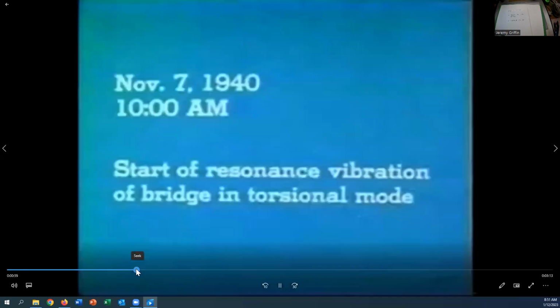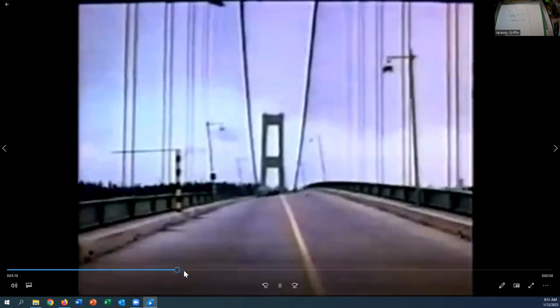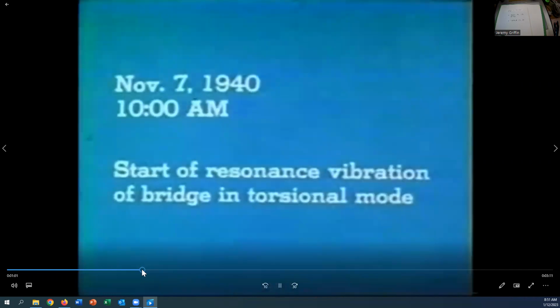Well, not exactly with marching troops. Okay, let's go back to 1940. In the Great Depression, in Tacoma Narrows on the west coast in Washington State, this bridge opens. For the first few weeks, it would kind of bounce up and down. It wasn't really supposed to. The engineers were checking it. They said, okay, we don't really see any cracks or deformation, so we'll just keep an eye on it. But then one day, it goes into this type of motion.